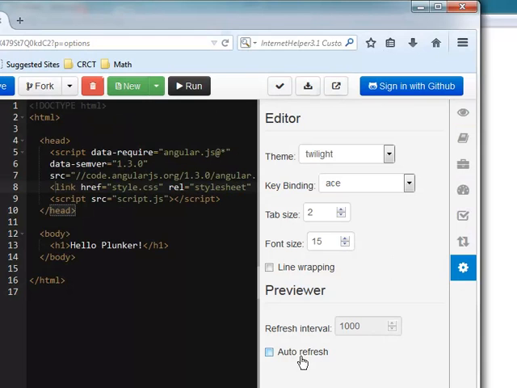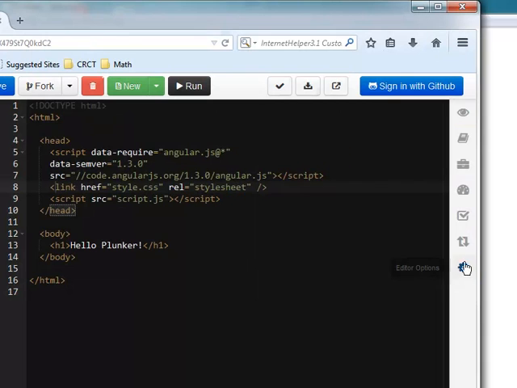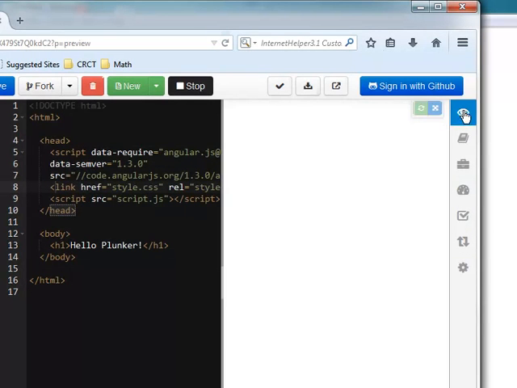Remember in here when we can say auto refresh, I'm sorry, we turned off the auto refresh. If you turn off the auto refresh, you can always display that here, and you can refresh it manually yourself every time you make changes. So hello Plunker, and then I say test. I don't see anything being displayed here, but if I refresh it myself, then it should say hello Plunker test,